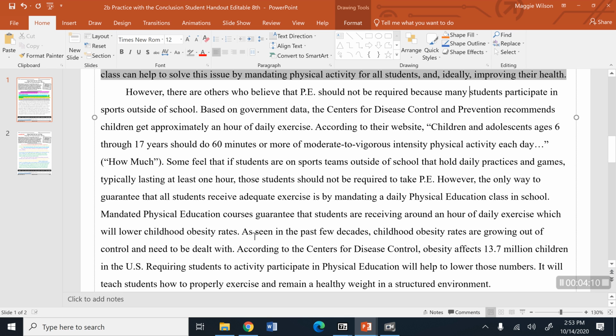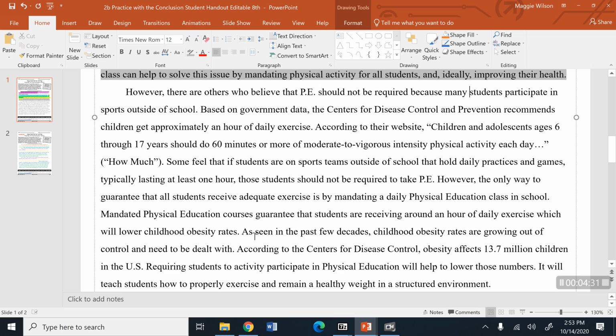Some feel that if students are on sports teams outside of school that hold daily practices and games, typically lasting at least 1 hour, those students should be required to take PE. However, the only way to guarantee that all students receive adequate exercise is by mandating a daily physical education class in school. Mandated physical education courses guarantee that students are receiving around an hour of daily exercise, which will lower